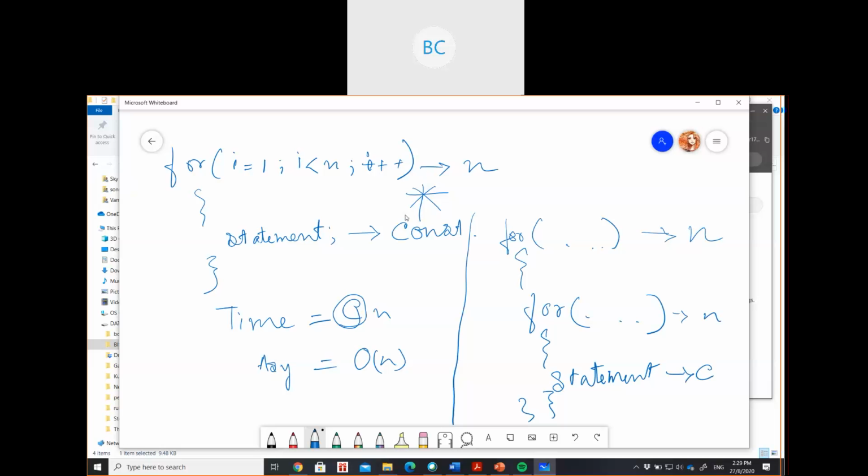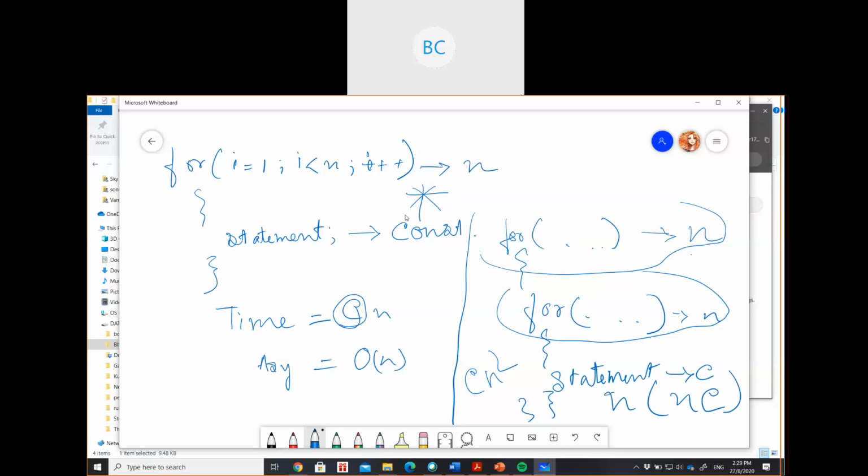Because this for loop is inside the other for loop, since it's nested, when you multiply, it will be n into n into c. So your complexity will be cn square. Correct? Is it clear?